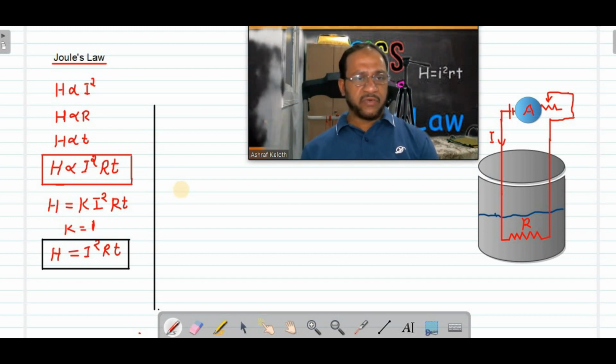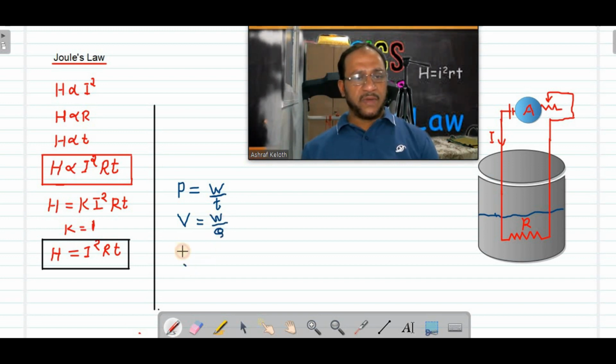You see how the equation is derived. In 9th standard, you studied the equation for power. Do you remember what the power equation is? Power P is equal to W by T. Very good. Work by time. Work and energy are the same. Energy by time or work by time. What is potential difference? V is equal to W by Q. Very good. V is equal to W by Q.